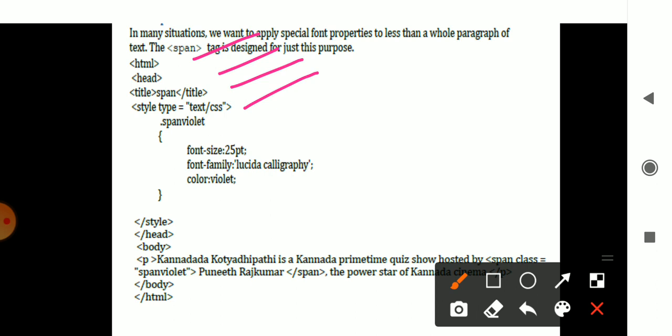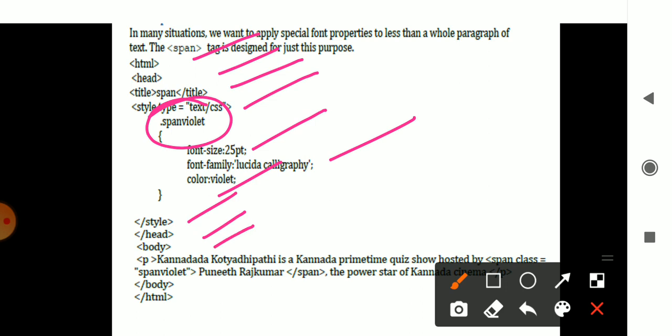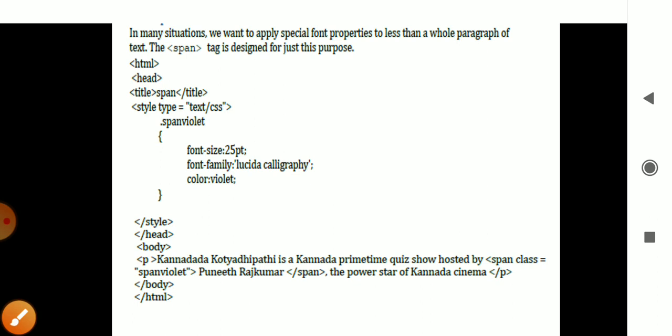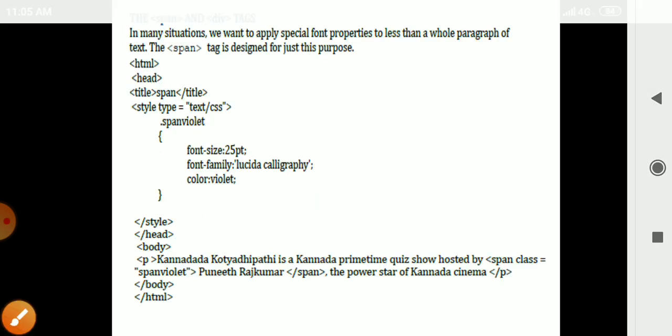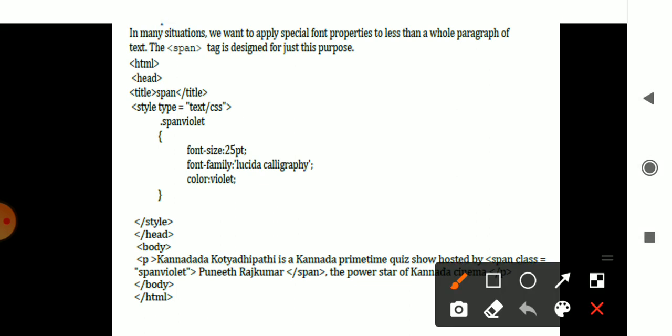type it is being present, and in the span type which we have considered, that span is of color violet. Okay, and font size is 25, it belongs to Lucida, that font type we are using, and color is violet. You can give only the span keyword also. Style close, head close. In the body part, the paragraph starts with this sentence, and in between you can check out here what has happened: you are using the